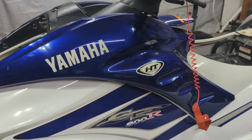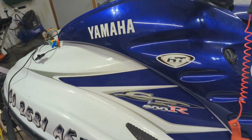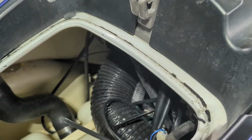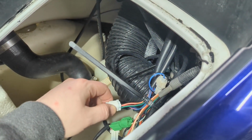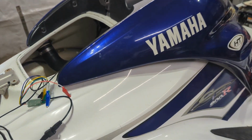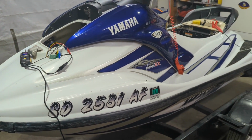So if you have a jet ski that's seized up and you want to try and get the cluster to power up, that's how you can do it. Again, just the red and the green are the positive, and the black and the peach or pink wire are the negative, and it'll power right up, and you can just read right off of there how many hours. So hope this helps you with your project,